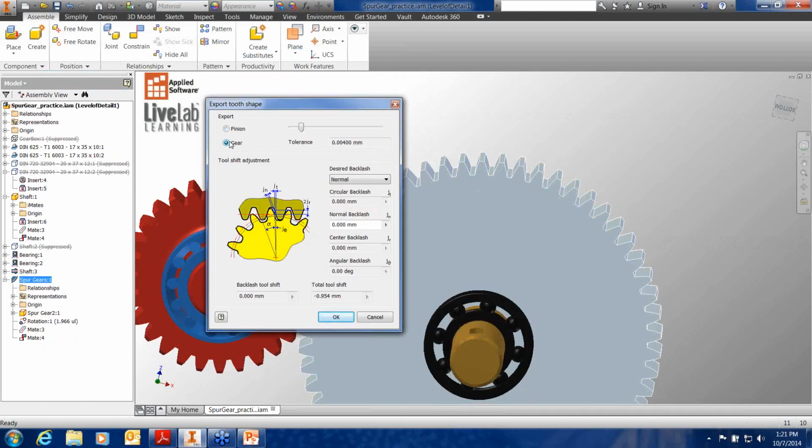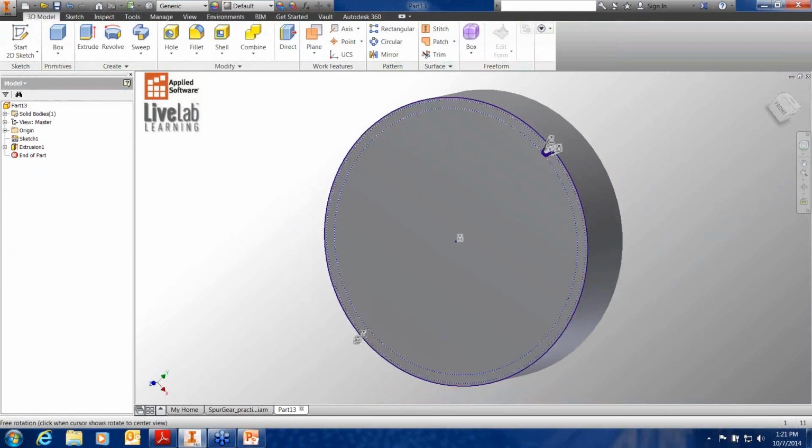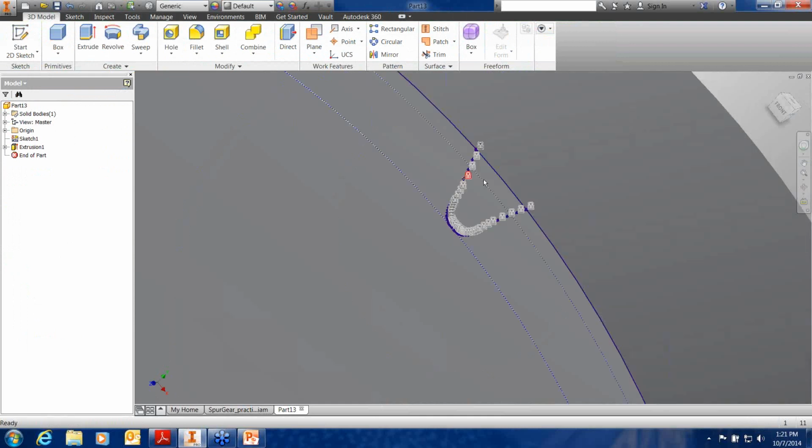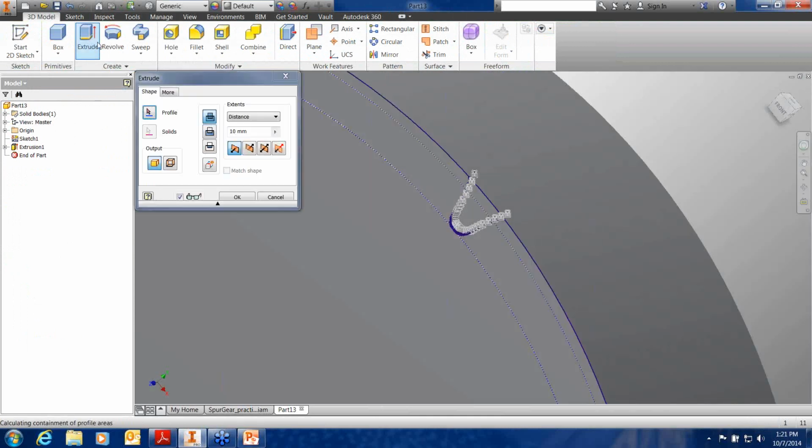Export the shape. Oh, I think I probably forgot to select the gear too when I did that. Anyway, just to show you this real quick, and then there is the tooth development. And so I'll do my extrude cut